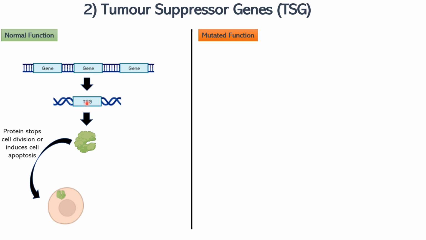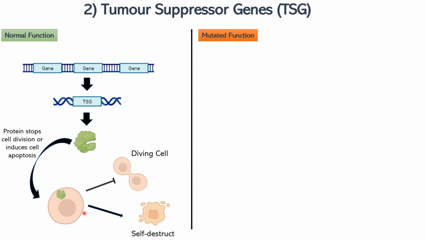suppressor genes. The proteins expressed by tumor suppressor genes are usually proteins that inhibit or stop cell division, and they induce cell apoptosis. Cell apoptosis just means inducing the cell to die or to self-destruct. So what happens is that once the cell starts expressing these proteins, they will inhibit cell division, and also they might induce the cell to